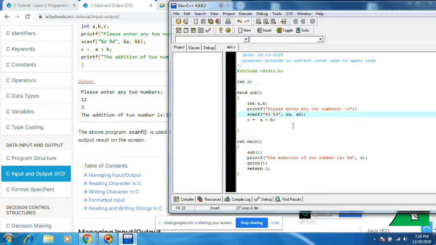I think you have understood what are global and what are local. What is the scope of global? It can access the entire program. We can access this C value in the entire program, whereas this one we can access within this function only. Okay, if you put printf %d a b here outside, it won't work.